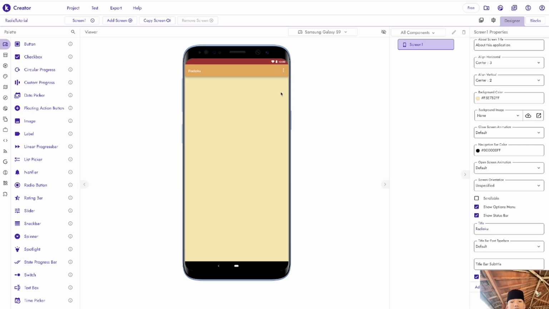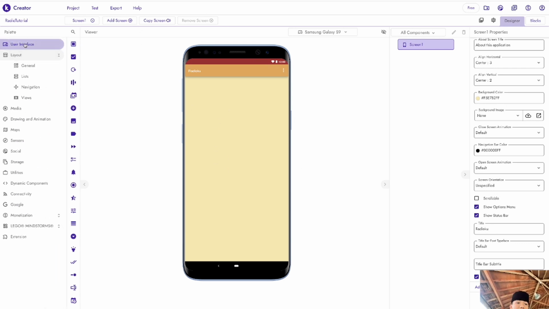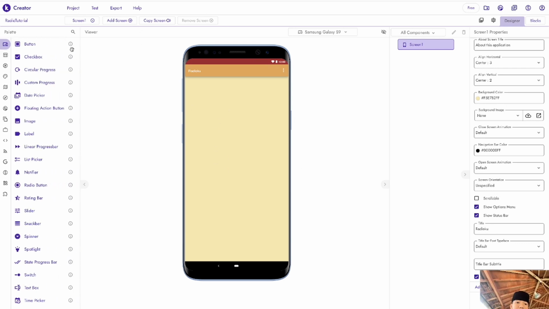Okay, that's all good. Next, to make those things, we're going to use the user interface, then go to label.